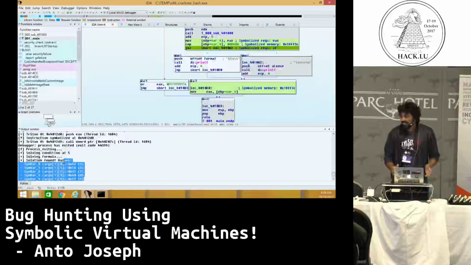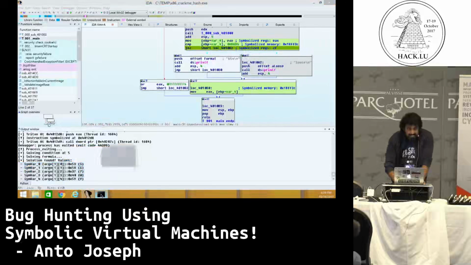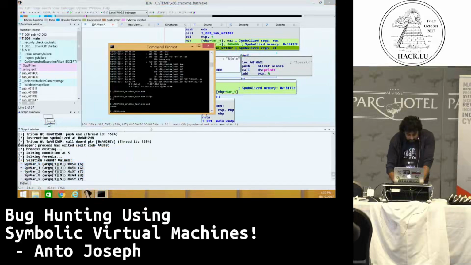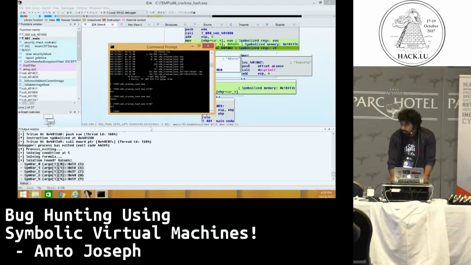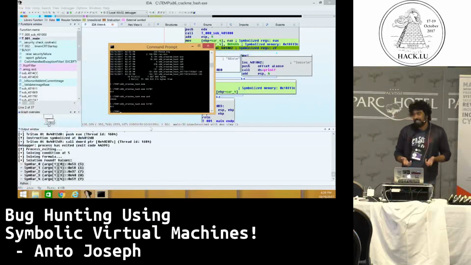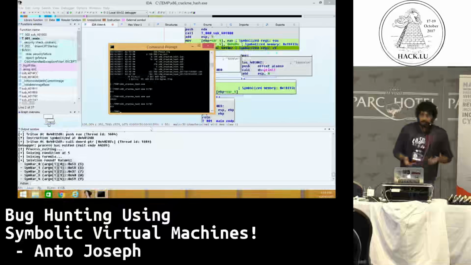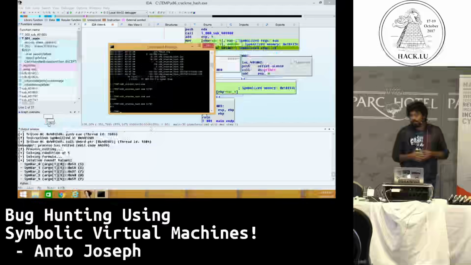Is that cool? Definitely, right? Thank you. So just to verify that the solution works, yeah, you win. All right. So did I do any reverse engineering? No, definitely not. So right now it's a really simple program. If you do it on large binaries, it takes a considerable amount of time.